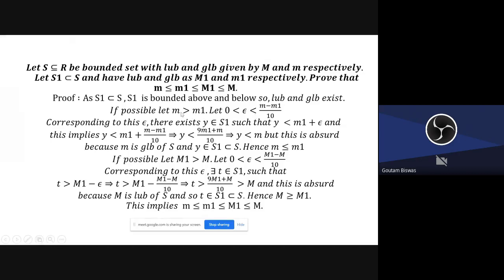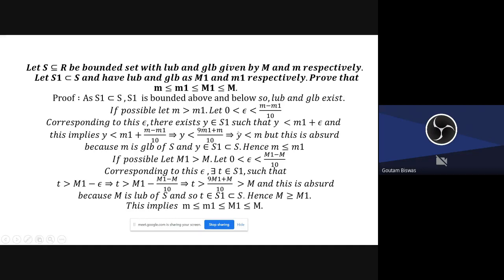And what is that epsilon? M minus m1 by 10. So corresponding to this epsilon, there exists some y in S1 such that this holds. Okay. This implies that y is less than this one. Put the epsilon value here, and this becomes this. And surely y